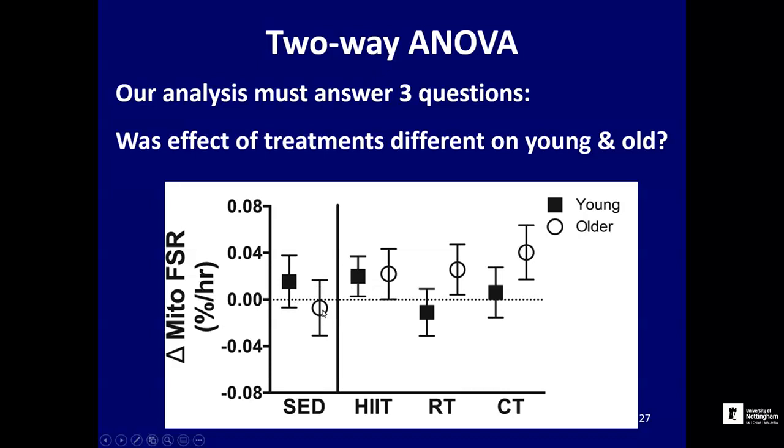What about old people? Well, the old people do seem to have done better moving from the sedentary condition into high intensity training, and possibly also when moving to resistance training, and possibly also when looking at combined training. So it looks like the impact of the training might be positive on the older people, whereas it wasn't so clear for the younger people. And that's the third question, really. We're trying to answer that third question. But for all 3 questions, the answers are not completely clear-cut from the data,